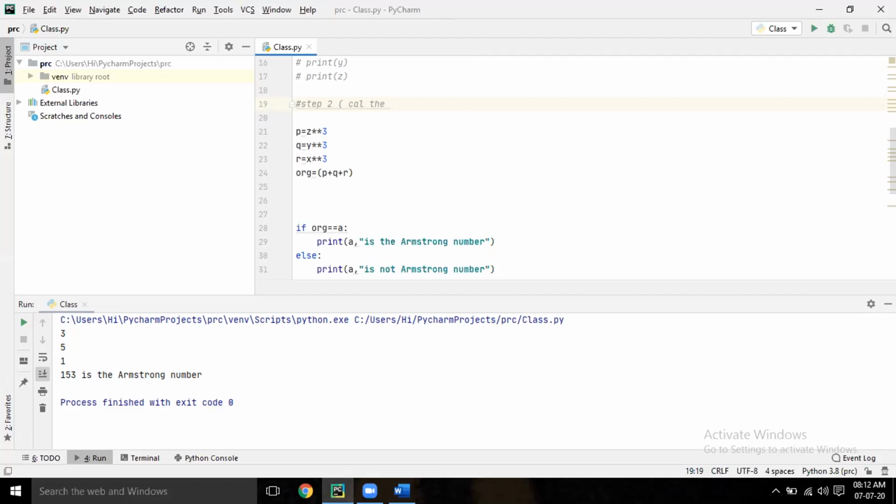Calculate the cube of individual number and sum it. Cube means Z to the power 3.